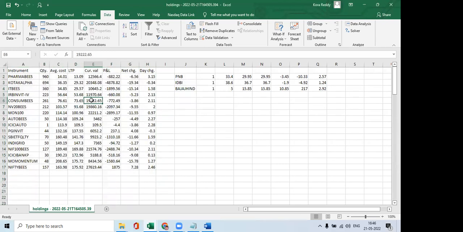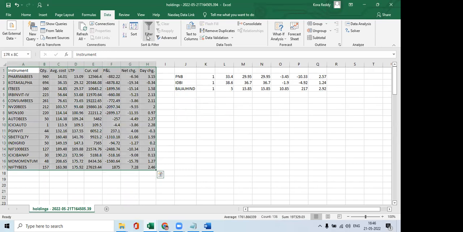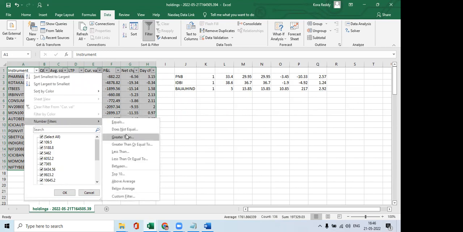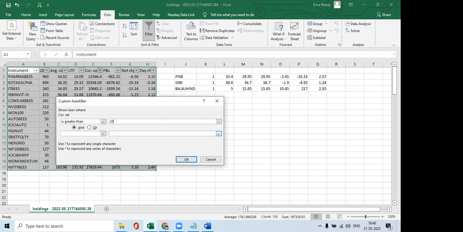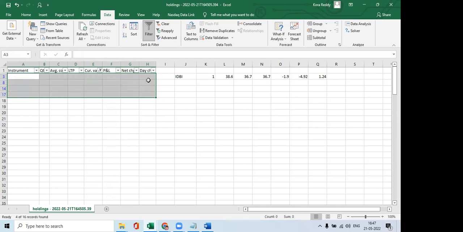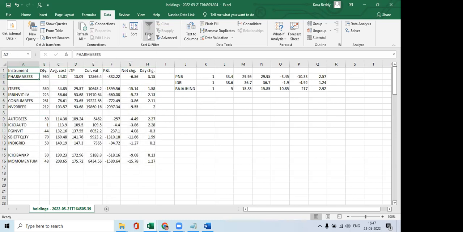In this, I have tactically invested the big amounts, remove them. I don't know what to remove. Current value greater than maybe 20,000. This is a tactical investment in my asset allocation portfolio. Whenever I want to do, I would have done it. So delete that. This is what my rebalancing